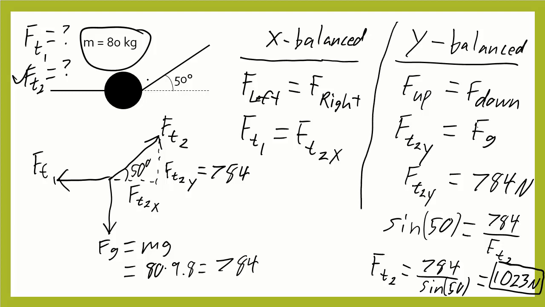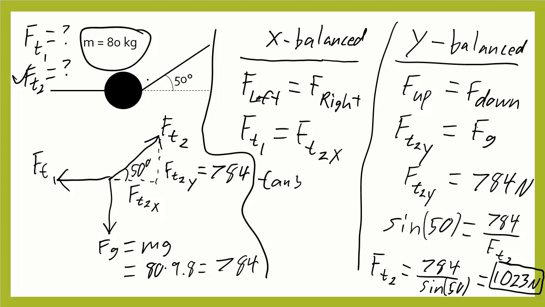Let me maybe draw some lines here so we don't get too confused with what we're doing. Alright, so if I can find this other side of my triangle, then I know FT1. Right now I know the hypotenuse and the opposite, so you could use the Pythagorean theorem if you'd like. I'm going to use tangent because I want to use the original number that I was given. So I know that tangent of my angle, so tangent of 50, is going to be opposite over adjacent, so 784 over